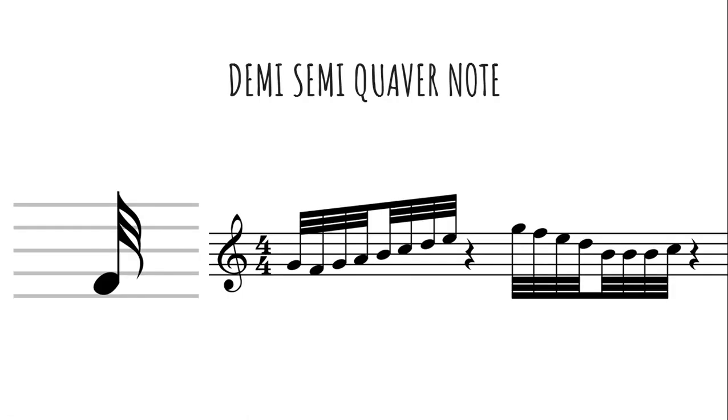Okay, so let's move on to the demi-semi-quaver note. Within a bar, this note receives 1 by 32 fractions, so this note is also called a 32nd note, which is denoted in two ways. As you can see over here, the single note with three flags on its stem and the combination of these notes. So you count it like 1 E N A N E N A, 2 E N A N